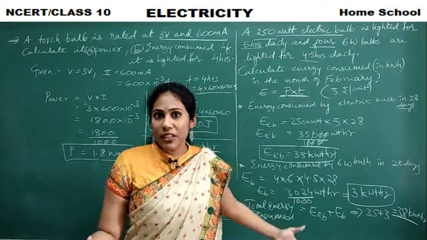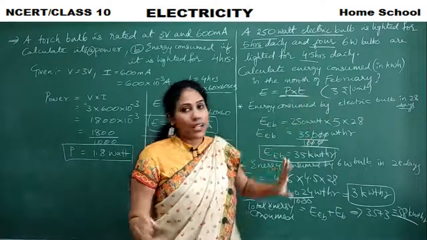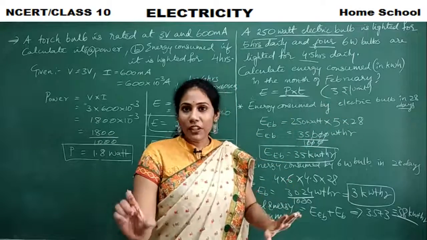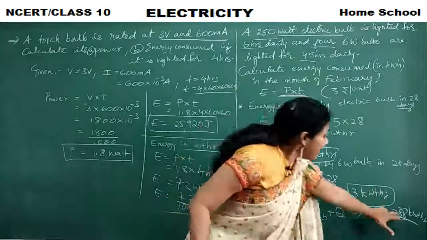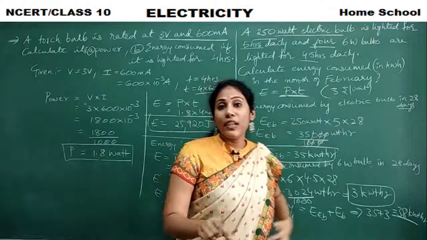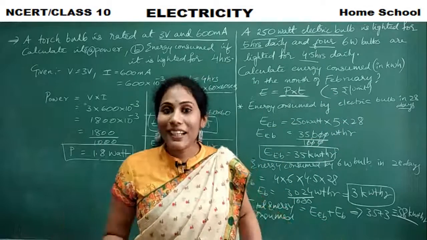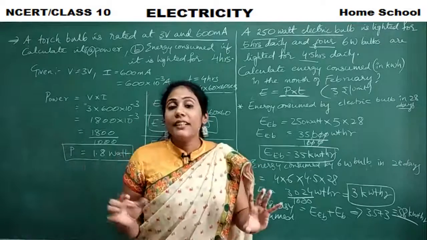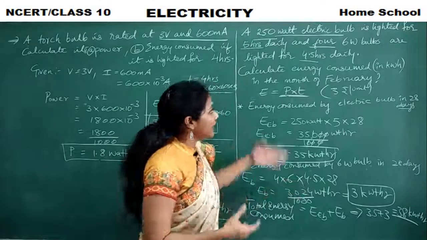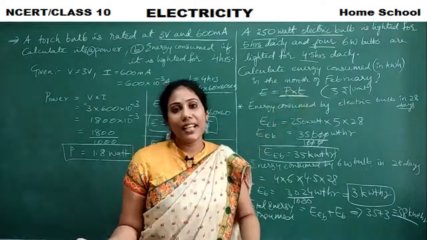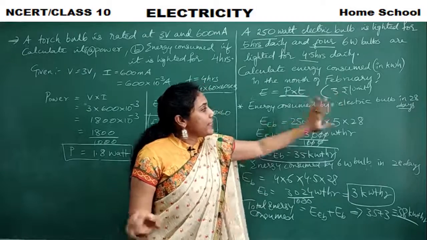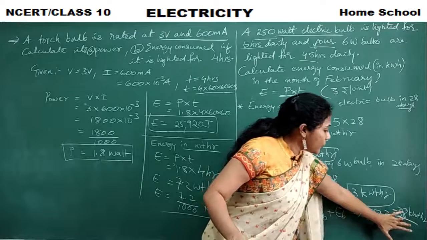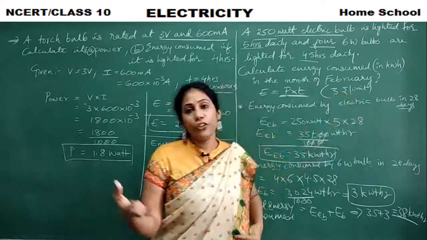So one more variety of question I'm telling you. They may ask you to find the total cost of energy used. They'll give you the cost of each unit. So what you have to do is take the total energy you found and multiply it with 3 rupees, and you will get the total cost of the electric bill. Okay, got to know? This is a very, very important model that can be asked in the exam. Either total energy consumed or cost of energy they'll ask you. They'll give you the cost per unit, and all you have to do is the same method: total energy into this value, and you will get the cost.